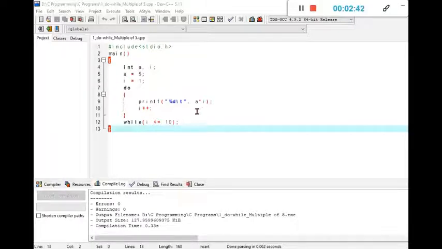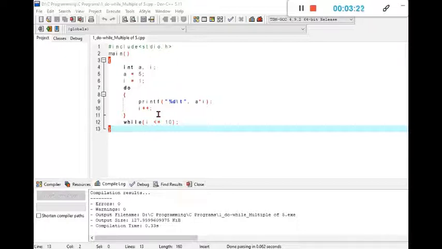So a into i, that means, what is the value of a? The value of a is 5 and the value of i is 1. That means in the first place a into i, 5 into 1, 5 will be displayed. Again, the second statement is i++. That means i equals i plus 1. The value of i will be increased by 1 with this statement i++. So first it will execute the multiplication a into i, that is 5 into 1, which is 5, and in the next stage it will increase the value of i to 2.